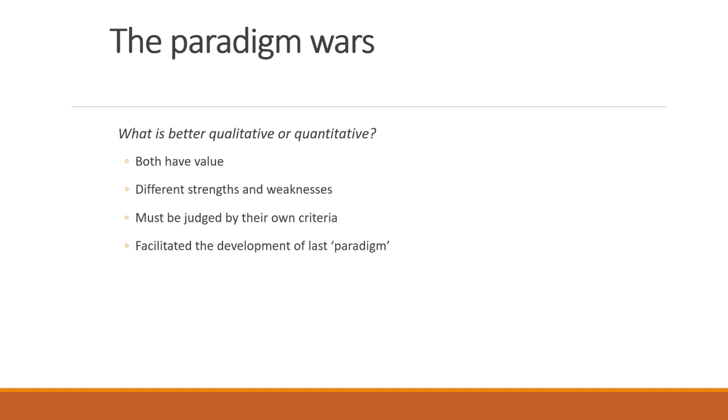You do a qualitative research, there are certain questions or layers that you cannot reach because you did qualitative, and the same with quantitative. So there are some strengths in terms of what you can get when you do a particular type of research, but there's also weaknesses as well in terms of what it means to only interview 10 or 20 people, and what does it mean to only ask closed questions and give people surveys and not really engage with them and get to hear about their experiences. So all of those, right? So they must be judged by their own criteria. Again, what is it that you want to achieve with your research?